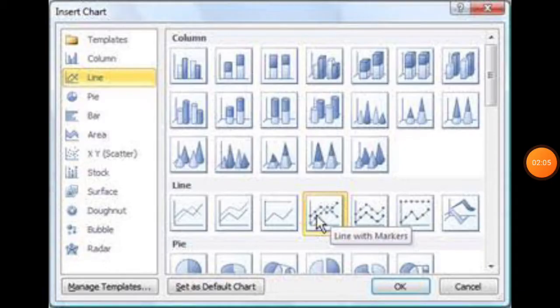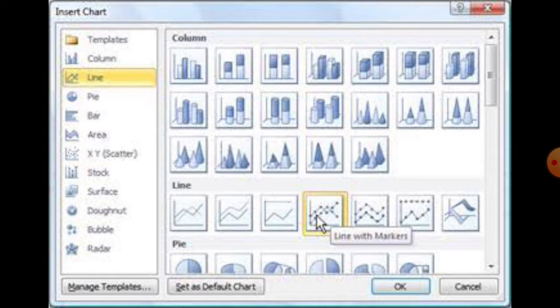You can see on the screen. Column, as it is given first, is used when data is given over a period of time, or a comparison is to be made among items. Line, when the trend of data over a period of time is given.